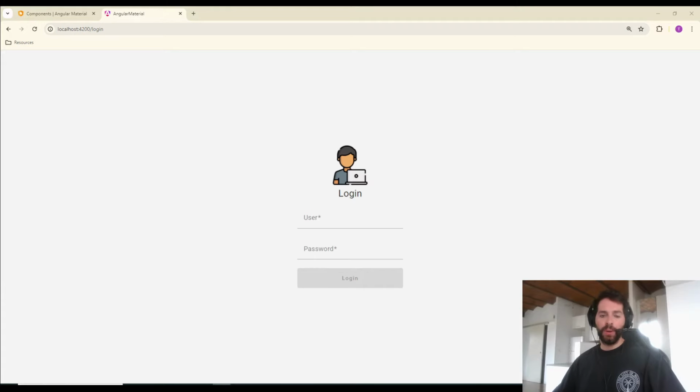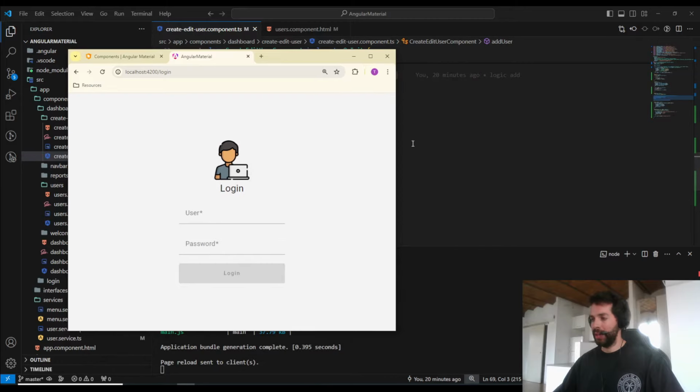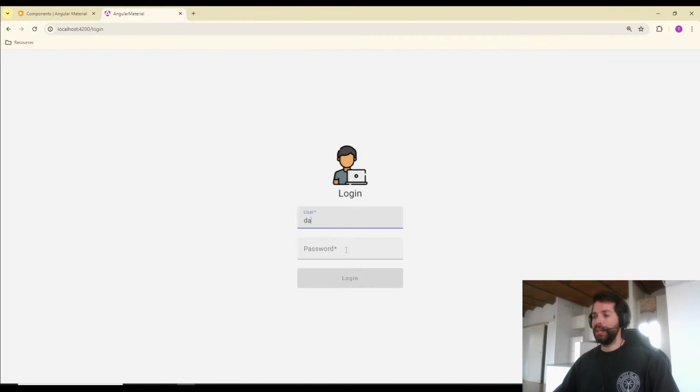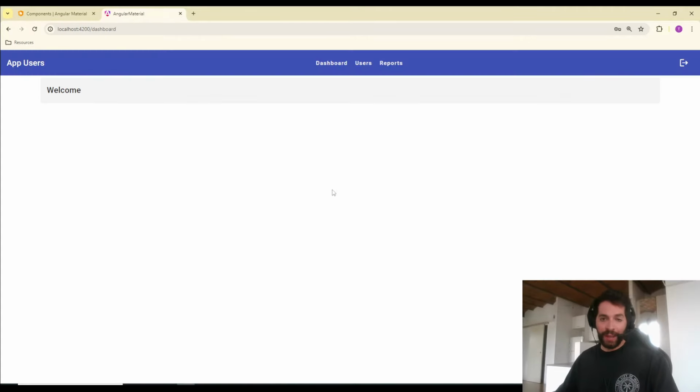In this video, we're going to see how you can configure Angular Material using a standalone component. This is the first page that we are going to create, and it is 100% responsive. If you put a user that is incorrect, we are going to show a message like this. If you put a user that is correct, you will be redirected to a dashboard, where here we have